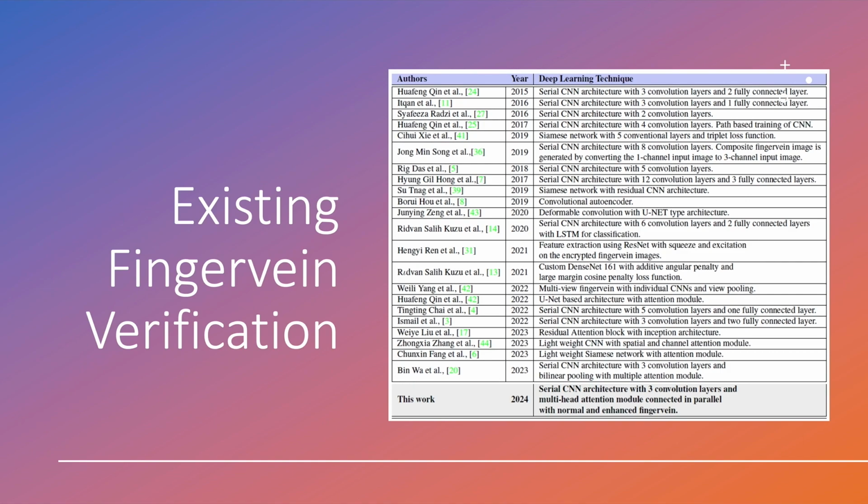So when we look into the existing literature on finger vein verification, there exist several works, and these works can be classified into non-deep learning based and deep learning based methods. Non-deep learning based methods are very well adopted for finger vein verification, for example using maximum curvature points and so on. These techniques basically do basic image processing so that they can extract the structure of the